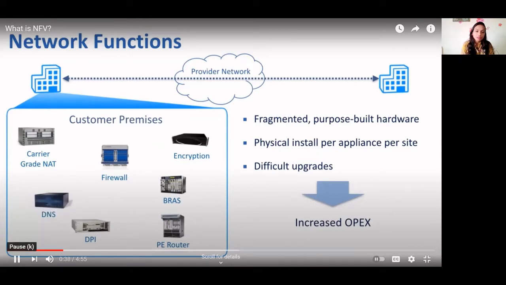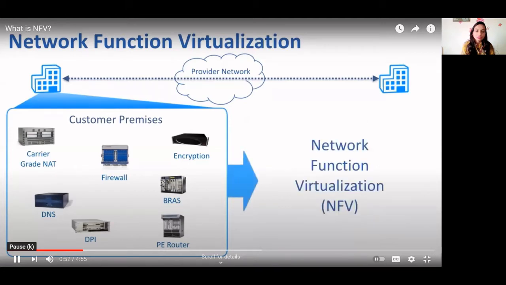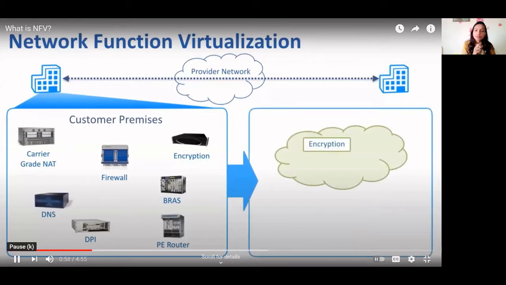added to a service. A truck roll is required to install the dedicated hardware. Service providers began exploring ways to reduce costs and accelerate deployments through network function virtualization. Network function virtualization, or NFV, decouples functions like a firewall or encryption from dedicated hardware and moves the function to